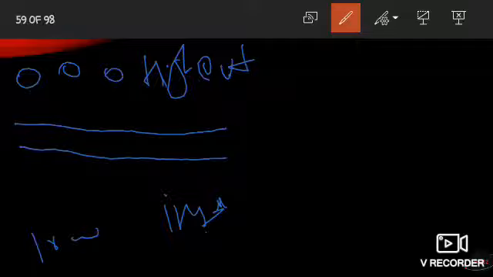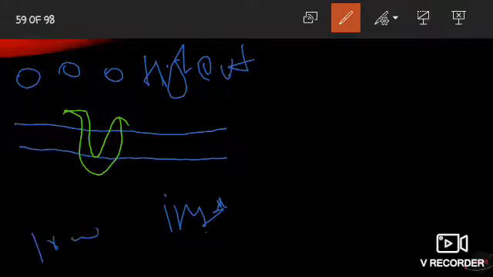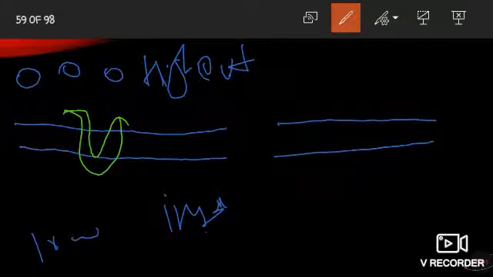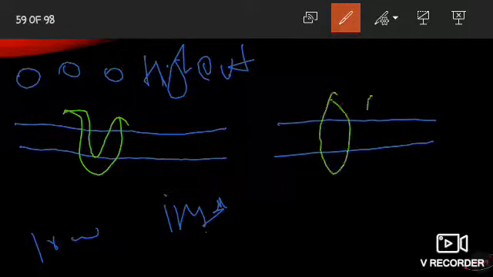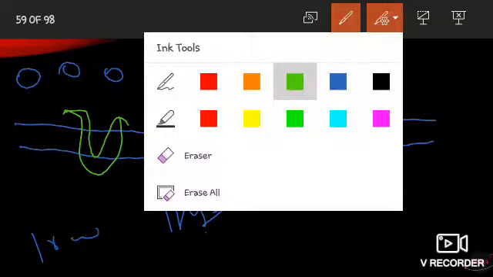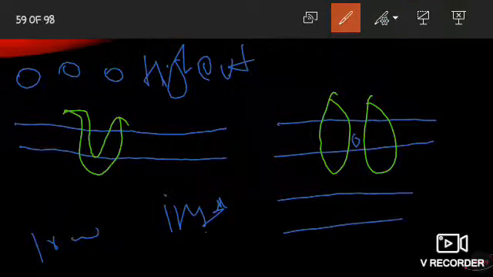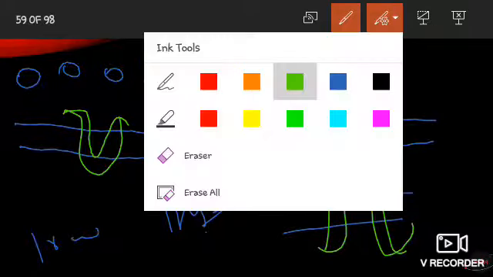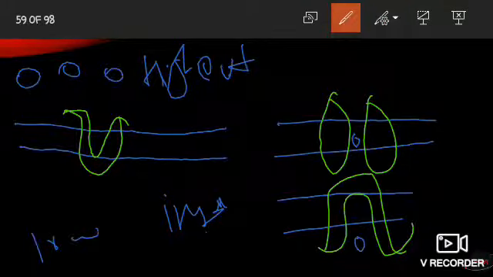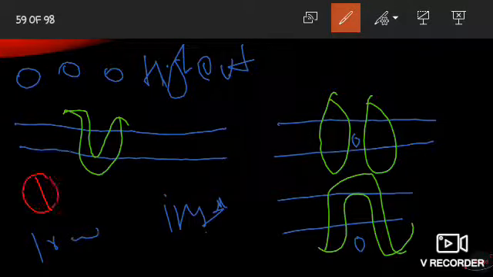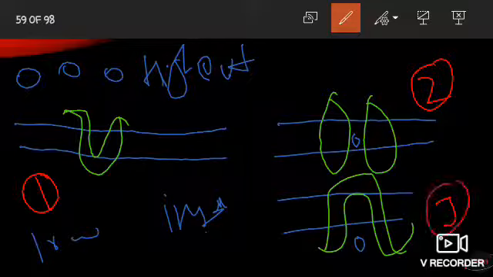The structure of carrier protein is like this. And I told you that in carrier protein, conformational changes occur. So, in the shape of carrier protein, there will be some change. For the translocation, carrier protein will change its structure, and finally, the molecule from outside is transported to inside. As you can see, these are the three steps, this is step number 1, this is step number 2, this is step number 3.